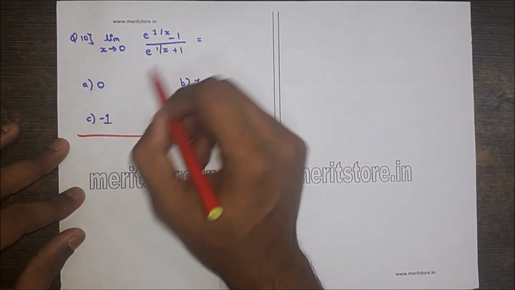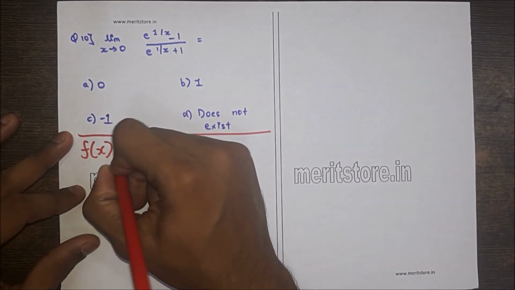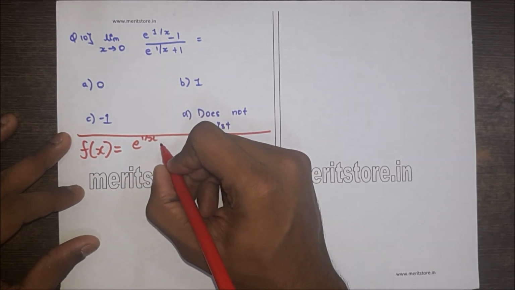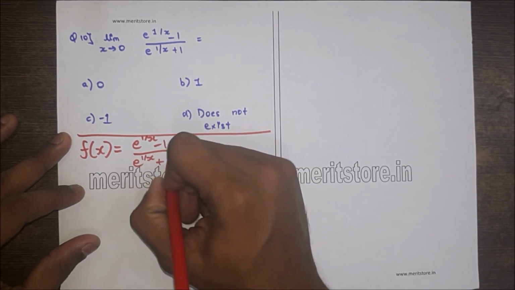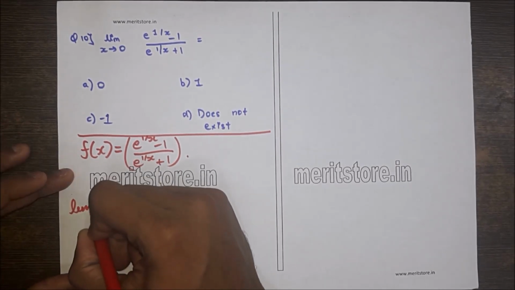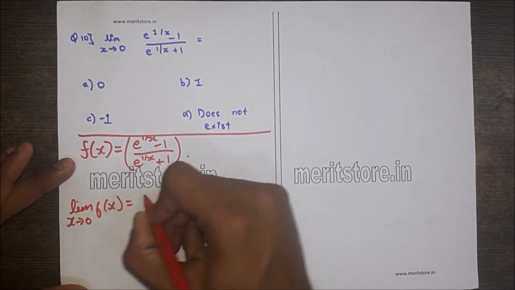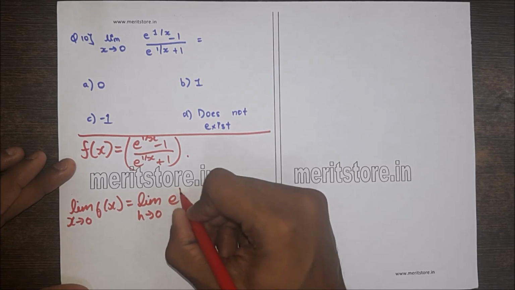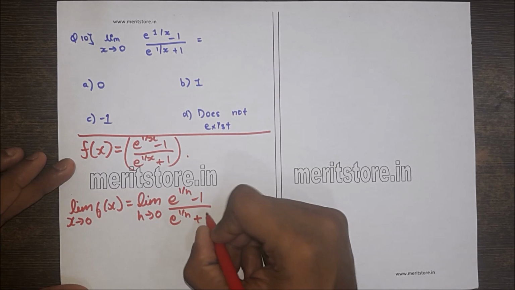First, what we do is, what the term is given, we write it as f of x. f of x is equal to e raised to 1 by x minus 1 upon e raised to 1 by x plus 1. Then limit of x tends to 0 of f of x is equal to limit of h tends to 0 e raised to 1 by h minus 1 upon e raised to 1 by h plus 1,